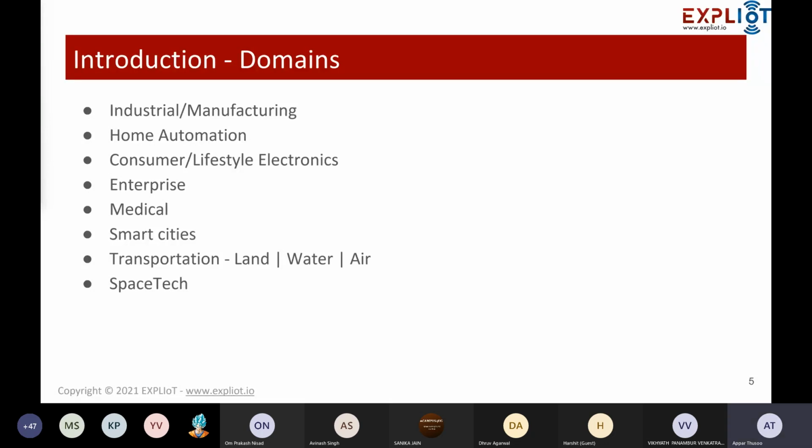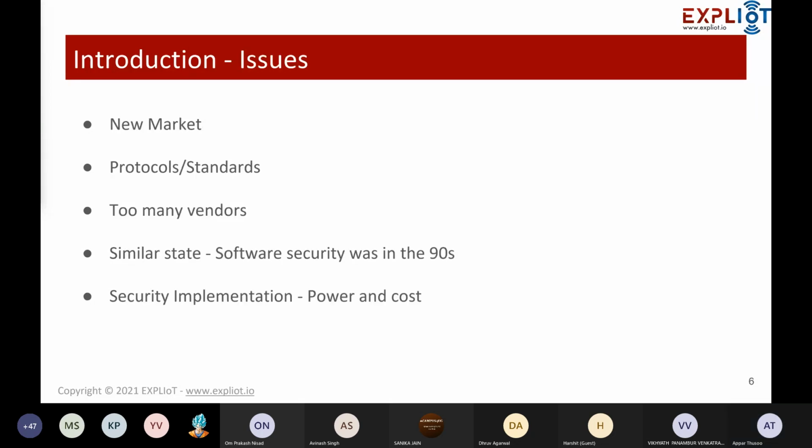Smart cities, transportation, space tech. I'm sure you must be aware of all of this. So, what are the issues that we see when we talk about IoT? What are the issues that